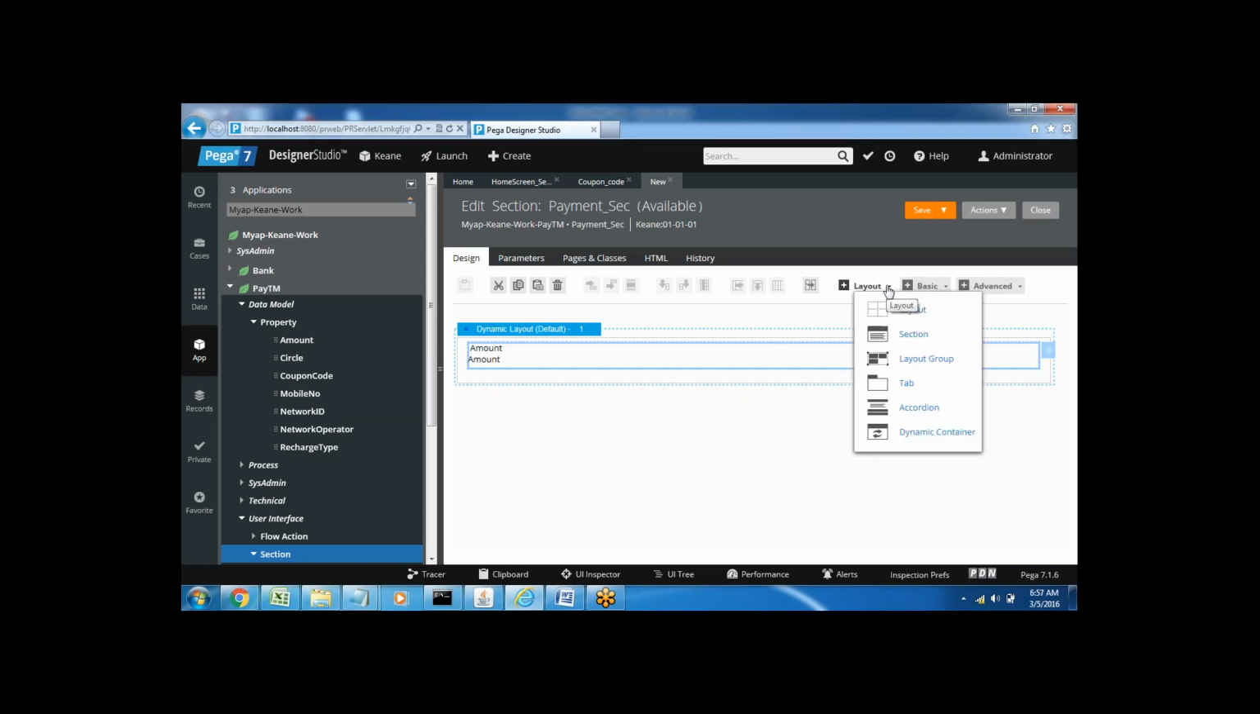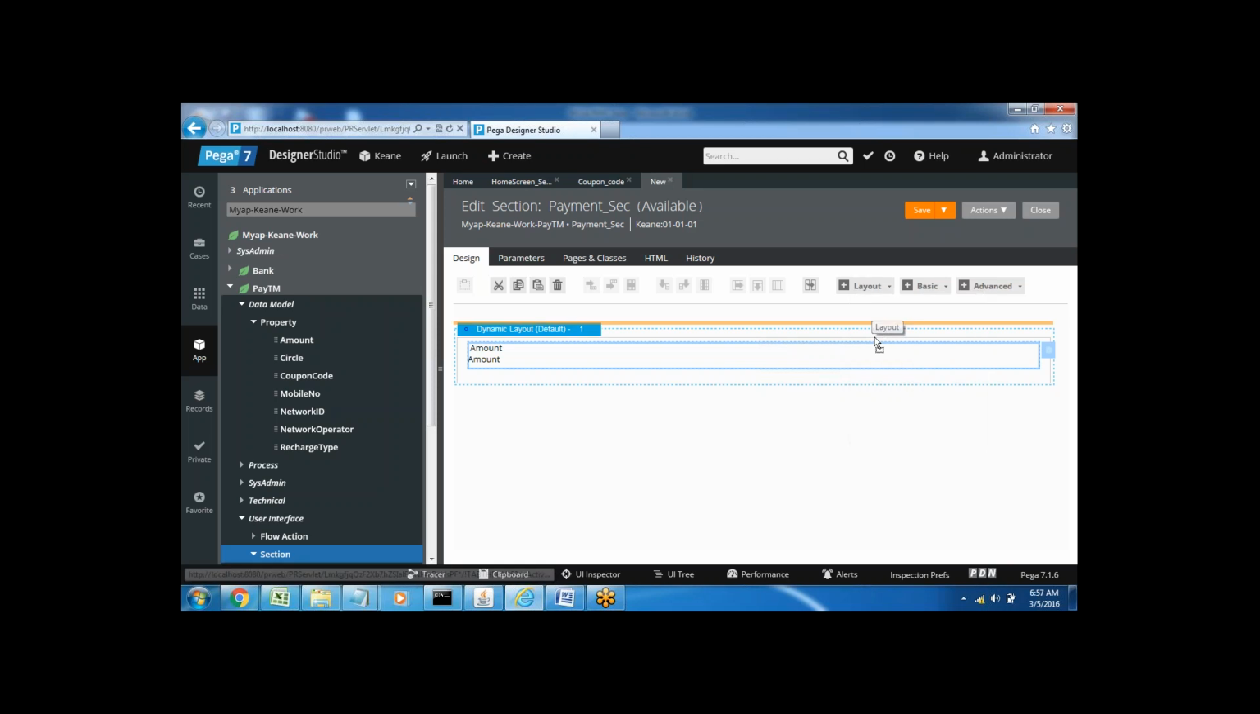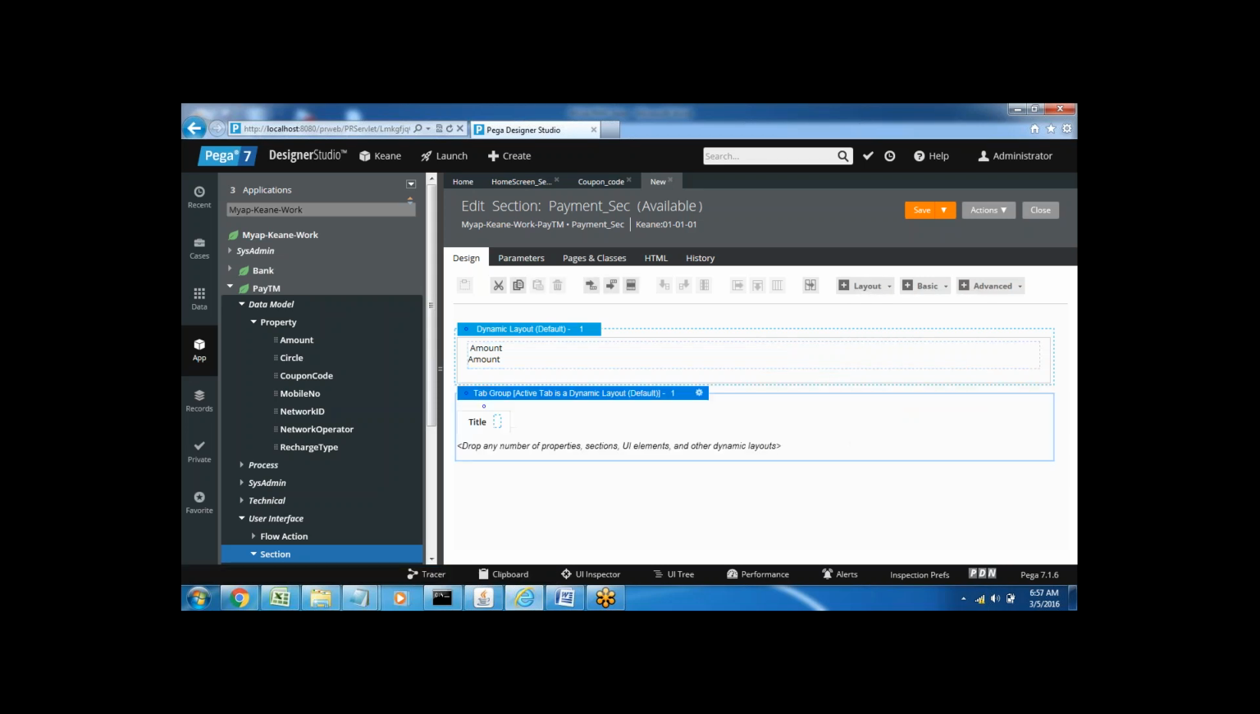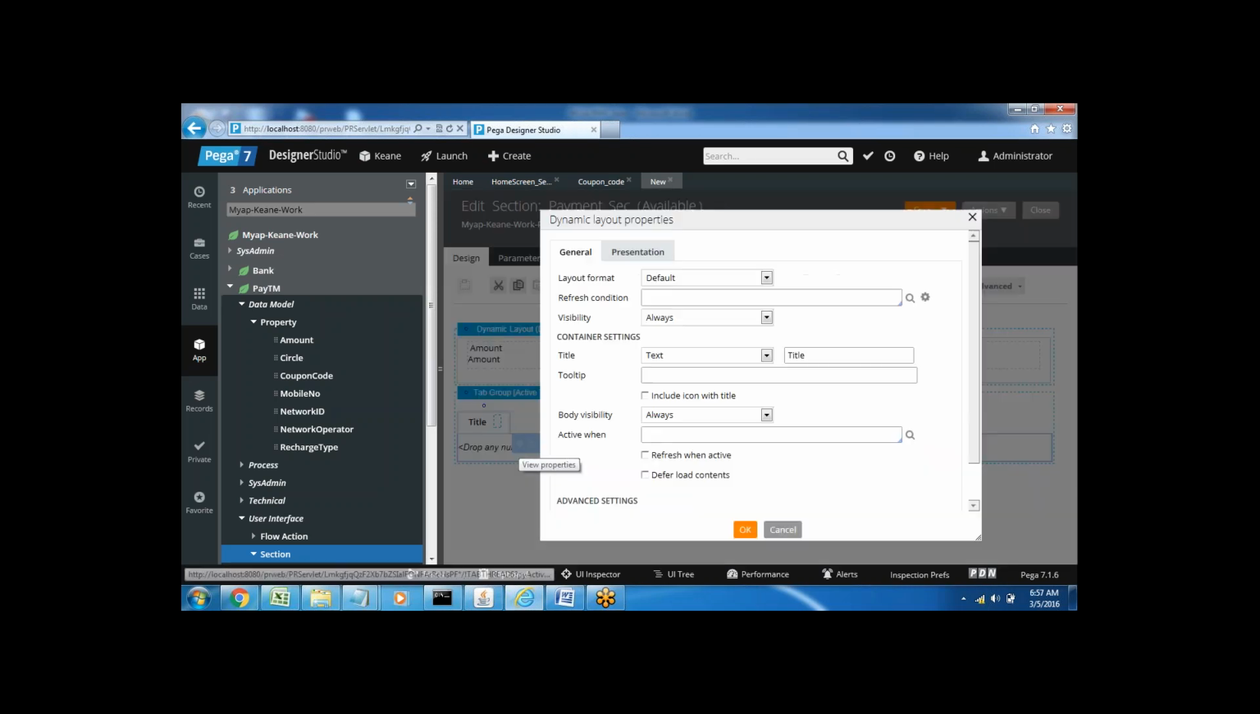Below, in the same section, I'm using one more layout. I'm going to use a tabbed layout here. In the tabbed layout I want to give some options like payment options. First of all I'm just giving the labels only. In the coming sessions I'll do the mapping. Right now I'm only giving the structure of the page. I'm giving debit card,